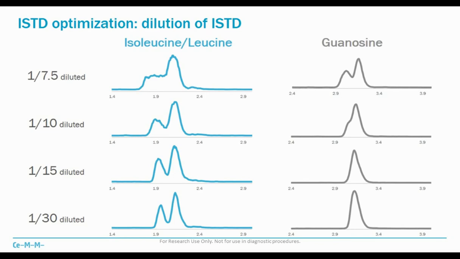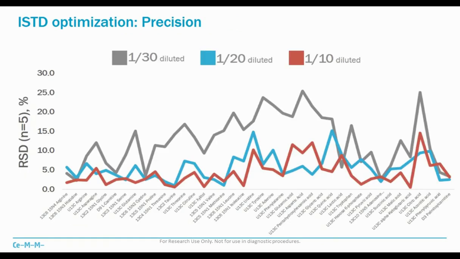And not only that, but we also looked at the precision. So what is the RSD of repeated injections. In general, what you would like to have for an internal standard is stable performance and as low deviation between injections as possible. And here I plotted the RSDs of different dilutions. As you can see, the lowest RSD was for the highest concentration, which is quite logical, I would say. And so we decided, okay, we're going to stick to this 1 to 10 dilution of internal standard,